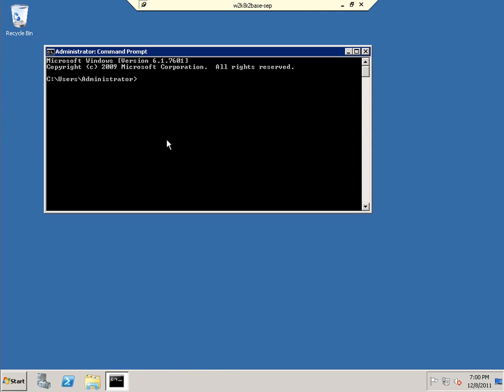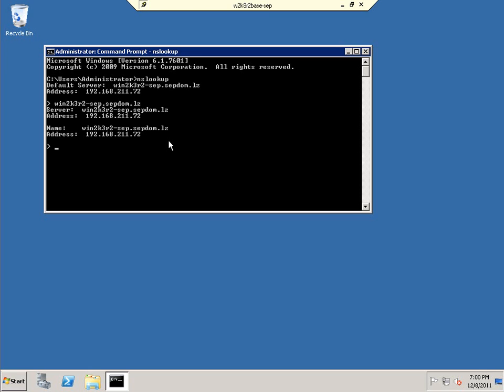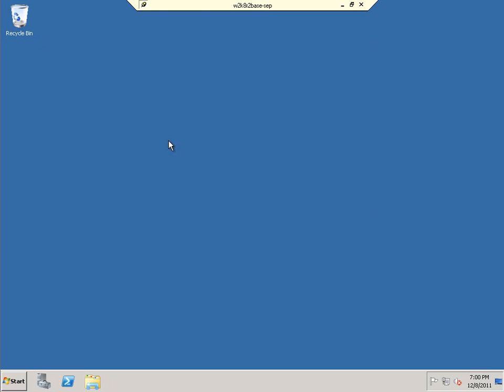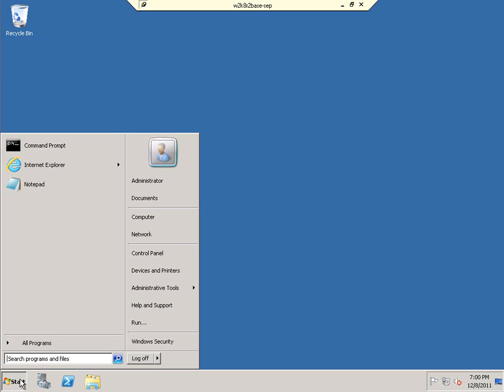Let's do the same thing and make sure we can talk to the backup server. So we'll do an NS lookup, and we will verify the server. The backup server is win2k3r2-sep, and it's working. So we will also validate it with reverse DNS, and it's working. Alright, since we know that we can communicate between the two through names, let's go ahead and